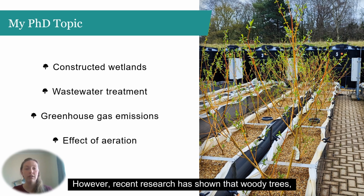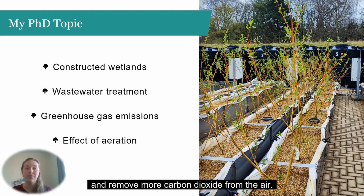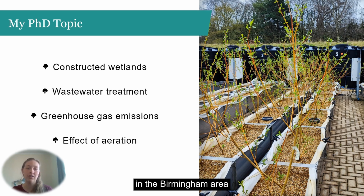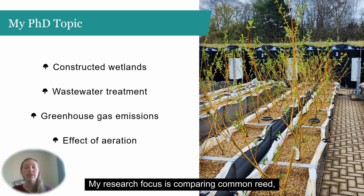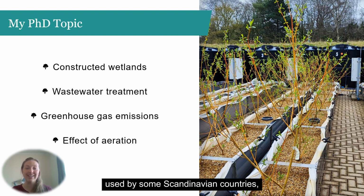However, recent research has shown that woody trees, like willow, could improve constructed wetlands' long-term performance and lifespan, and remove more carbon dioxide from the air. I'm lucky enough to be working with water industries in the Birmingham area to look at improving these existing constructed wetlands. My research focus is comparing common reed, which we currently use, and willow trees used by some Scandinavian countries